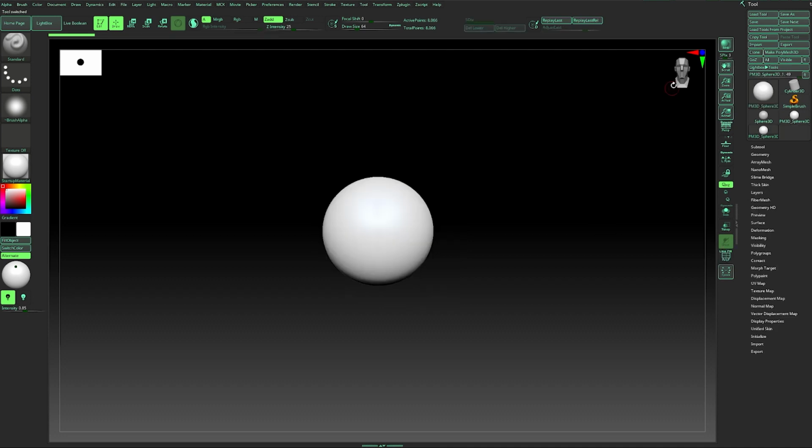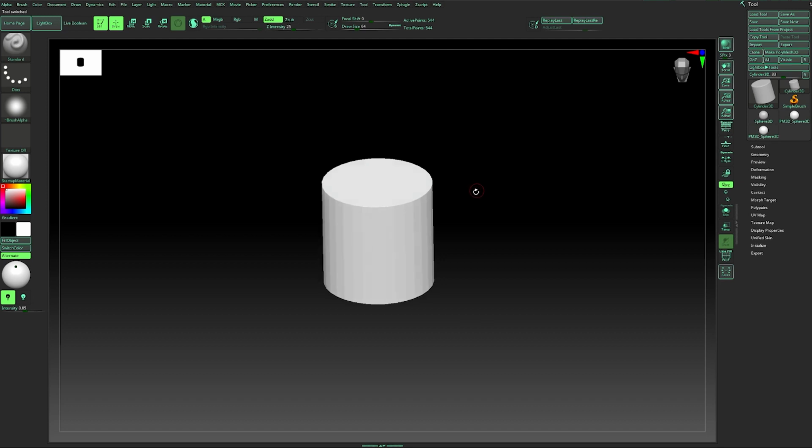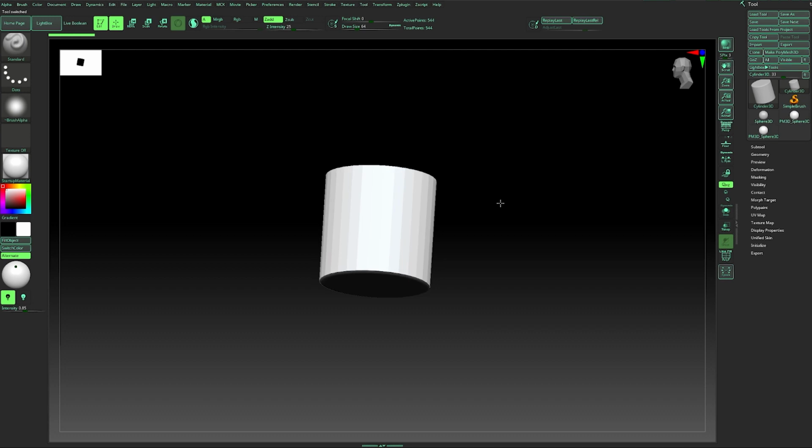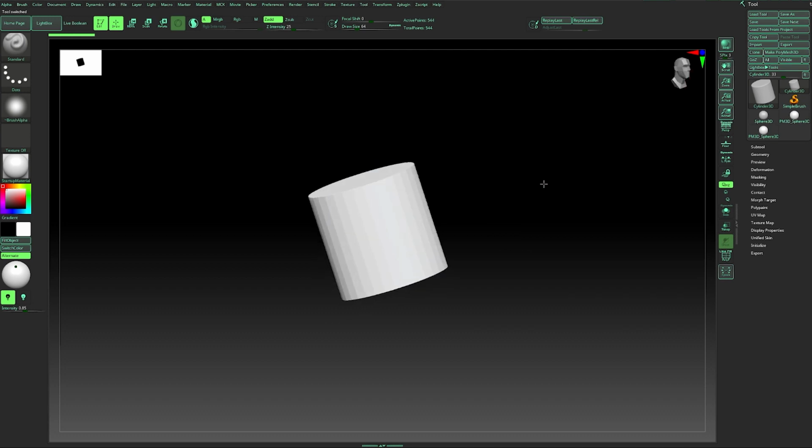Make sure to always check the head above the canvas of your ZBrush. It shows that your model is front facing or to the sides or to the back. As you can see, if I click on the canvas and drag my model to rotate it, the model rotates. You don't see it clearly in the sphere. Let me show you with the cylinder. As you can see, when I rotate it, the silhouette also rotates.